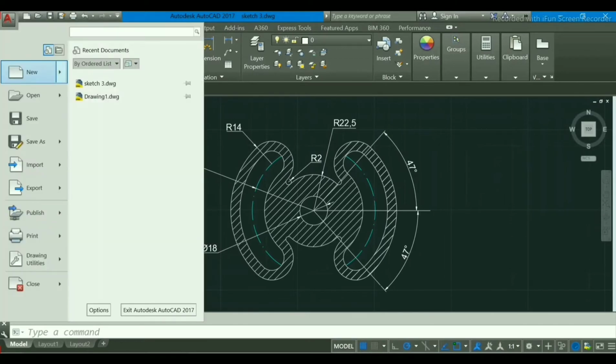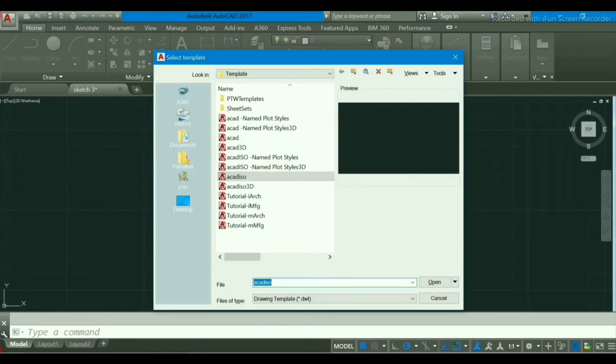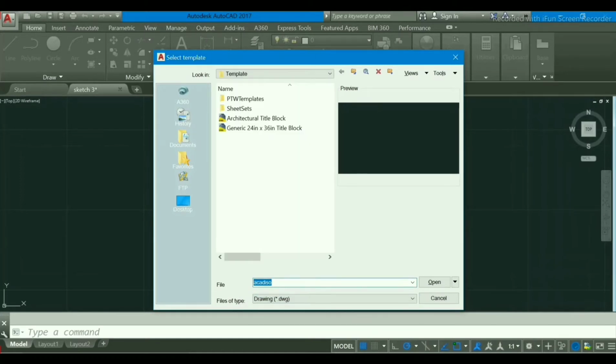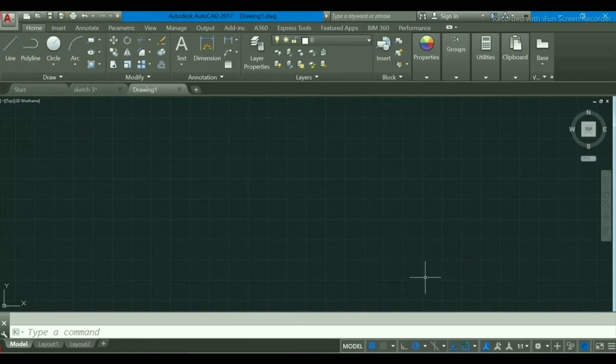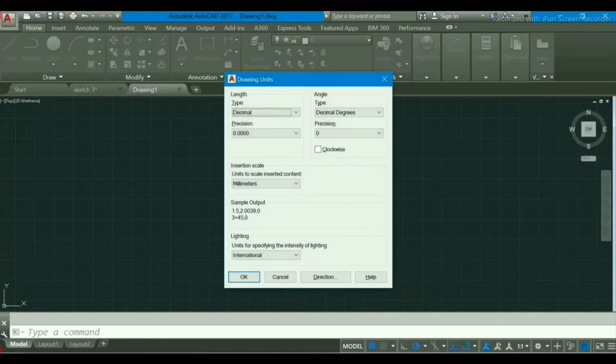Select here new, select here drawing template as this one and open it, DWG, OK. And now first set our units, so I will press here UN, enter, and here precision will be 0.0 and units will be millimeters,